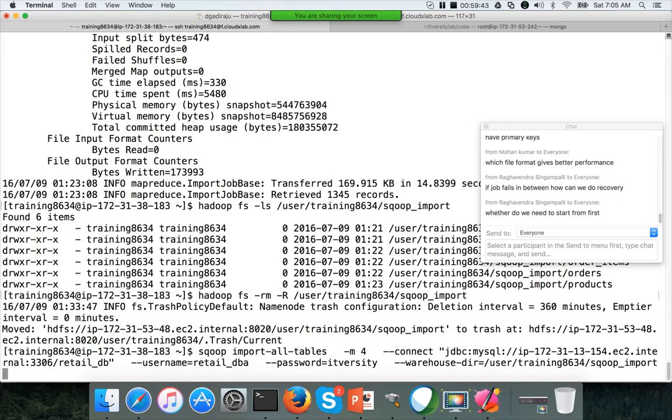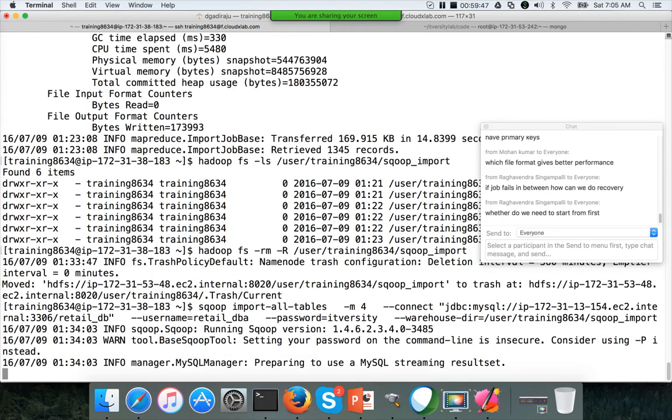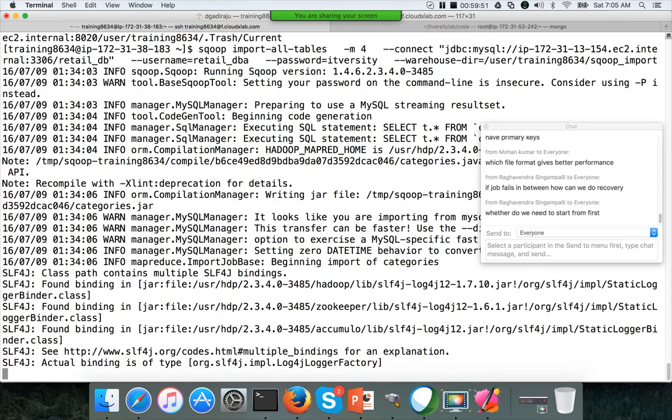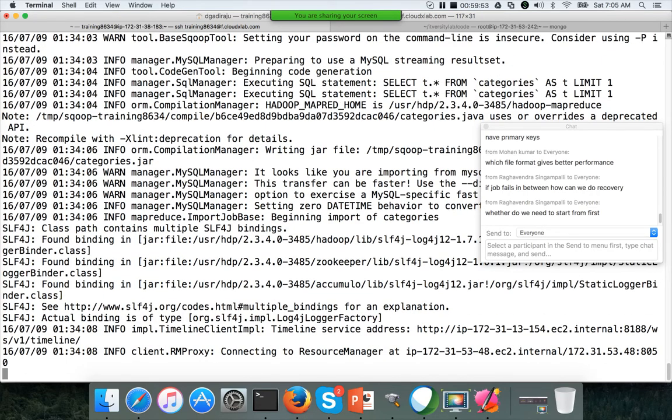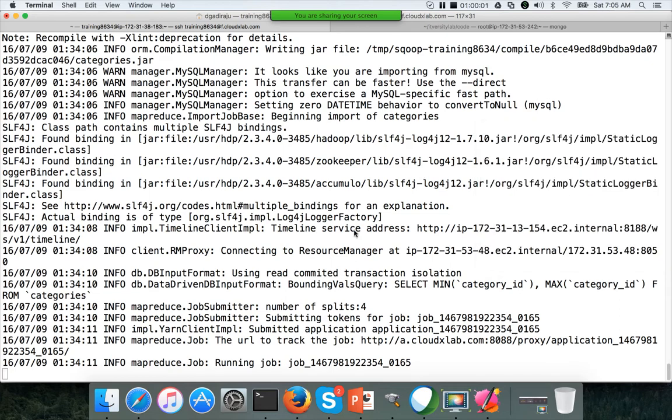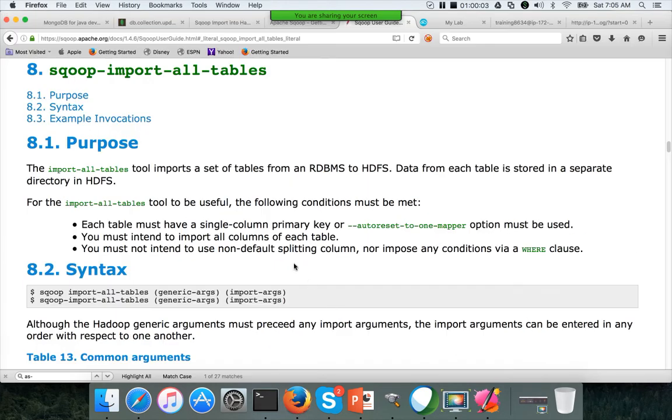There is no one hard and fast rule about what we should do when the job fails, and how to recover depends upon the command we are using. So for import-all-tables, you just delete the directory and re-import the way I have done. Very good question.